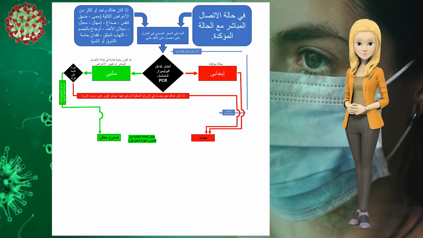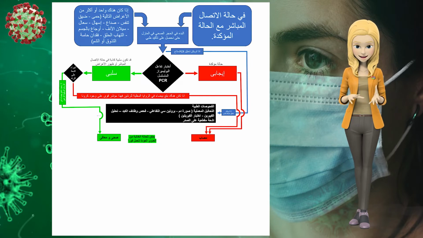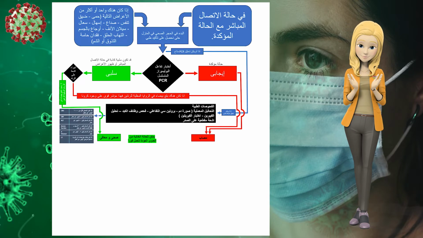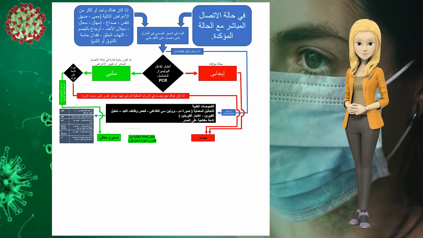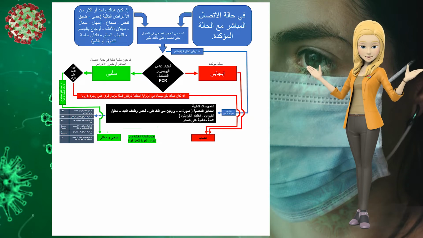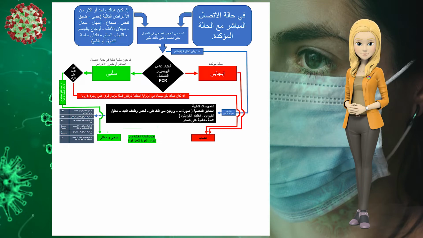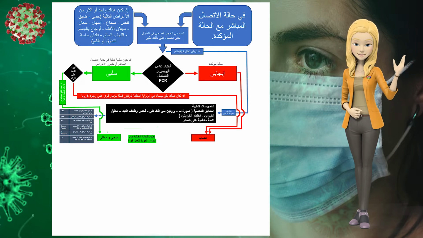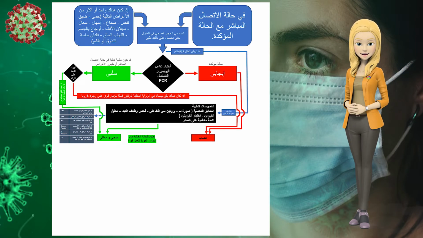If the PCR is not available, some tests and medical investigations are done: labs, CBC, CRP, serum ferritin, D-dimer, radiology, CT. The results of the analyses are based on the following criteria: CBC, absolute lymphopenia less than 1000 is risky; CRP, above 6 is risky; ALT, above 50 is risky; serum ferritin, above 300 for men, 150 for women is risky; D-dimer, above 0.5 is risky; CT, if there is a GGO, ground glass opacity, it is risky. Depending on the result of the tests, negative or positive, the case